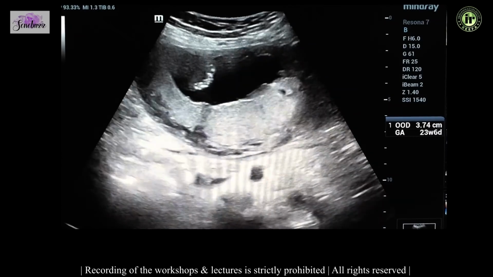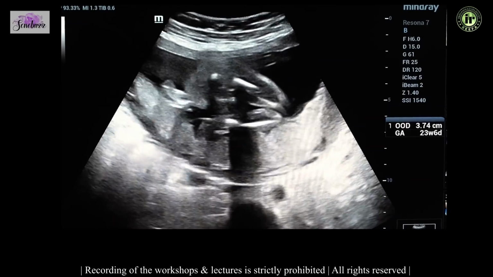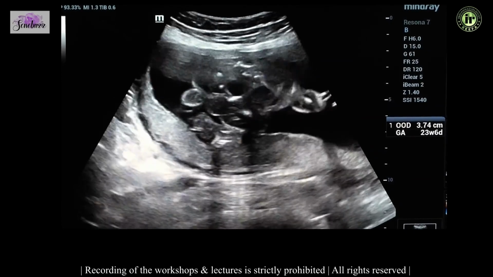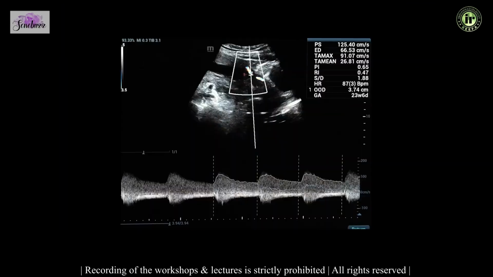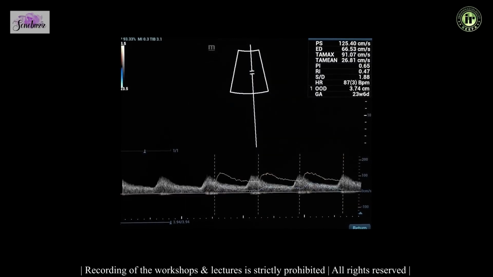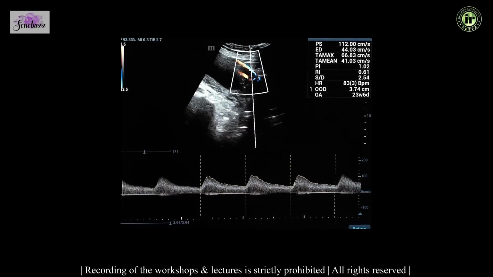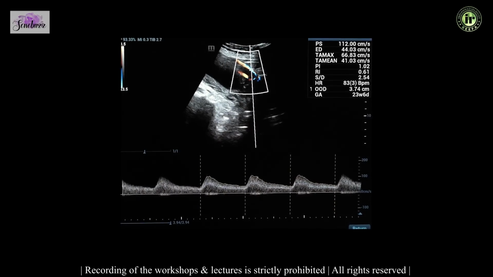And you should also look at the uterine arteries. We all know the importance of uterine artery screening in preeclampsia in the first trimester in the 11 to 14 week scan. But of course, there is still an importance even in a 20 week scan. The right and the left uterine arteries should be scanned. These are scanned in the iliac fossa, and the probe is kept perpendicular longitudinally in the iliac fossa, and you take the PI of both the uterine arteries and then take the mean of that.